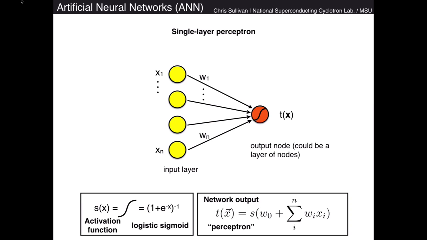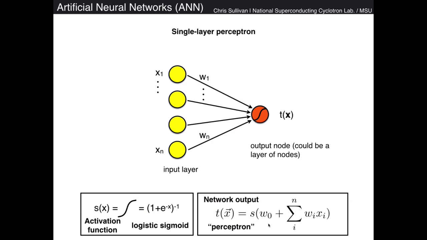So let me just show you the simplest possible network one can construct with such components. This is what is known as a single layer perceptron. Here on the left you can see an input layer. This is a single layer of inputs which take inputs x1 through xn, and they're transformed into a single output t of x, where x here is a vector, and the w's here are all the weights of each of the connections. In order to evaluate this network, we just take t of x, which is just the activation function I mentioned earlier, in this case a logistic sigmoid shown here,